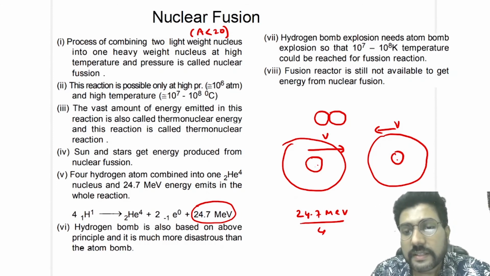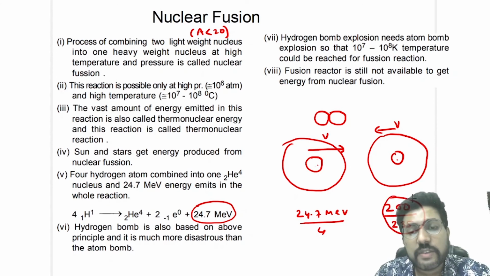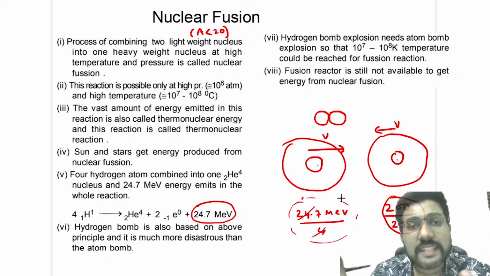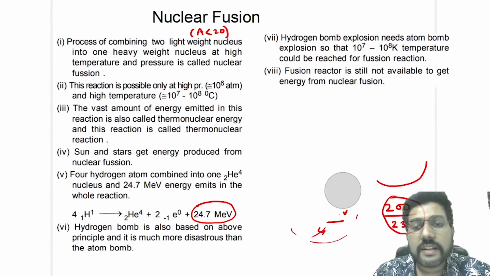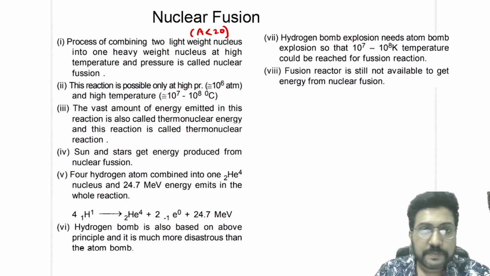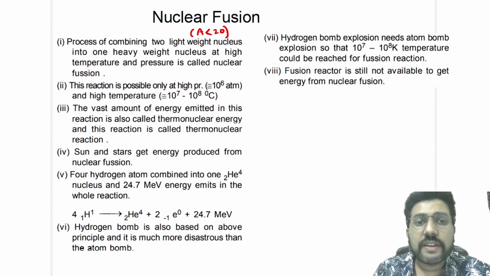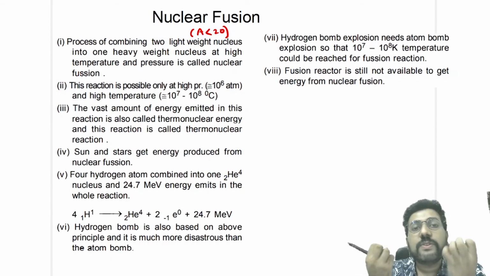But the energy released in a nuclear fission reaction is 200 mega electron volt divided by the mass of uranium. Now the mass of uranium is 235, right? So you will see that per unit mass it is giving you less than 1 mega electron volt of energy, but here you are getting approximately more than 6 mega electron volt of energy. So that is why the fusion process is giving you more energy compared to the fission process. Okay, the hydrogen bomb is based on the principle of nuclear fusion, but again I'll tell you that nuclear fusion is possible only if the two nuclei touch each other.